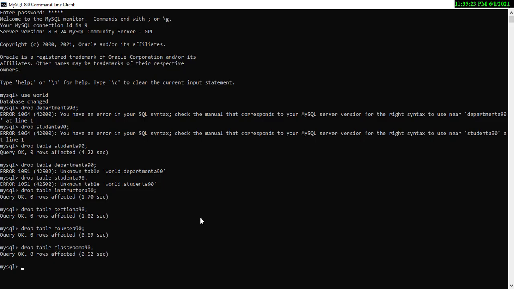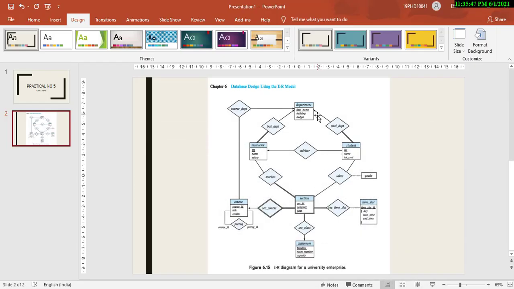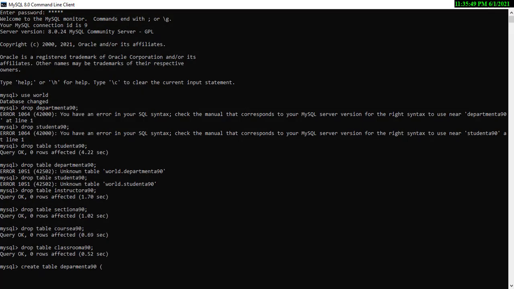First of all, department. So I am creating the table. Create table, name that is department. Then the things that I want to declare here are department name, building and budget.